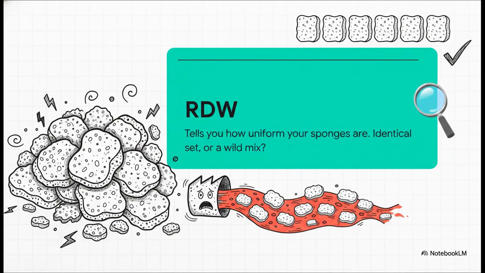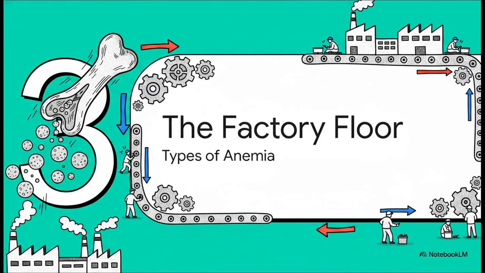Now, if MCV tells you the average size, red cell distribution width, or RDW, tells you how uniform your sponges are. Do you have an identical set or a wild mix? A high RDW means there's a massive variation in sponge size. Clinically, this happens during regenerative anemia. If sponges are being actively destroyed, the bone marrow basically panics. It just dumps large, immature sponges, known as reticulocytes, into the bloodstream before they even have a chance to shrink down to normal size. And that idea of bone marrow panic leads us perfectly into section 3, the factory floor,